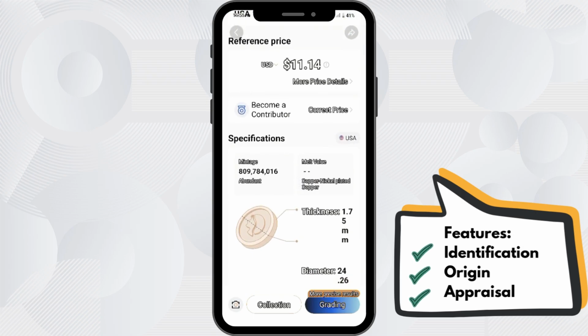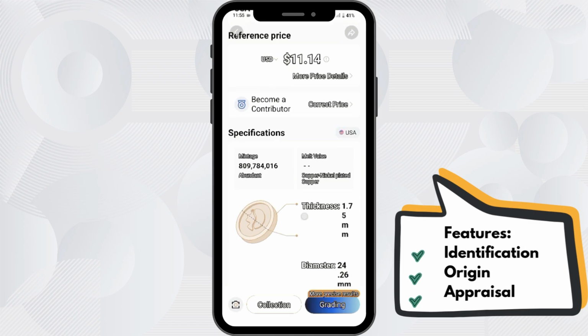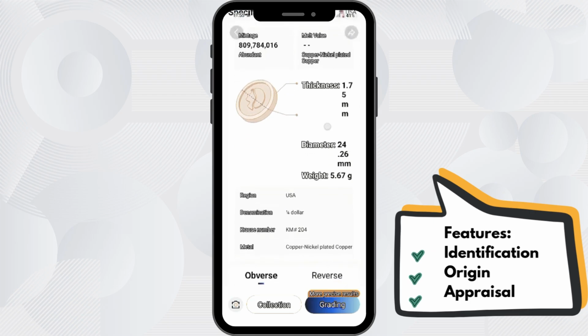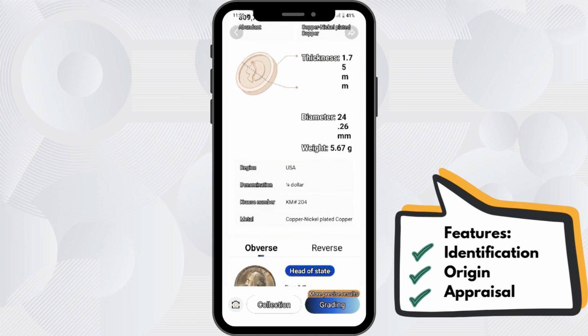So here also in the Herit Coin application, you can see the specification, the mintage or the number of production when that coin was produced and released for the use of the people. It also identifies the thickness of the coin, the diameter, and the weight of the coin. So its origin, USA, denomination, one quarter.